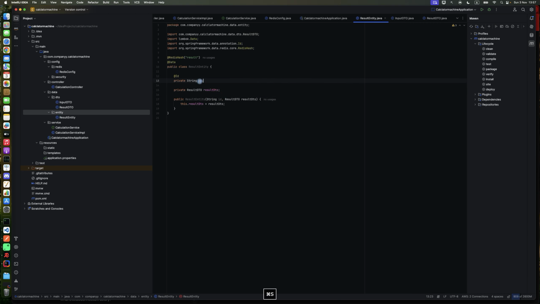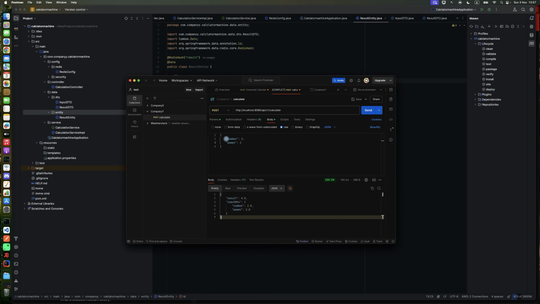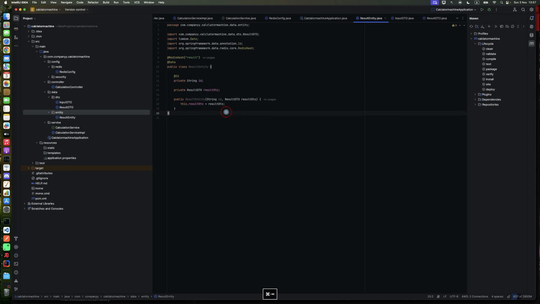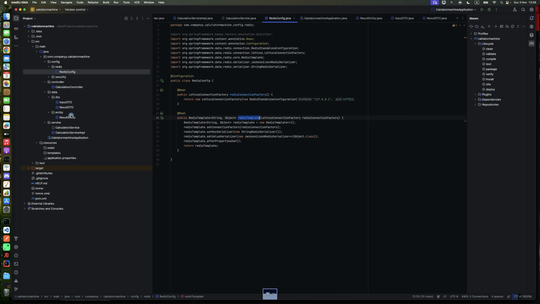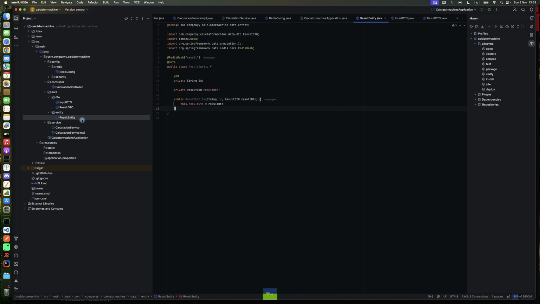So we'll be using the ID for the number, which is put in the input right here, because we don't want to recalculate, but I will tell you why this is not correct in our business logic. But let us do this work first. So we have the Redis configuration. We have a result entity, and